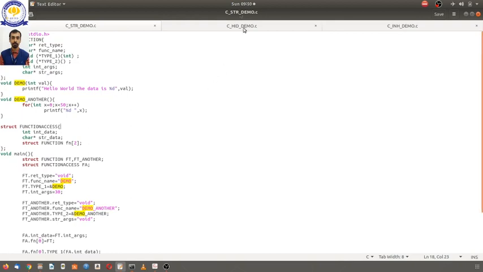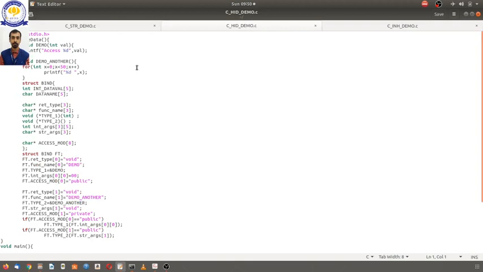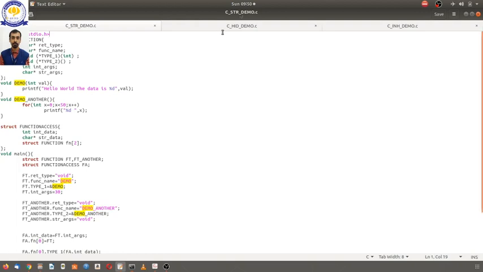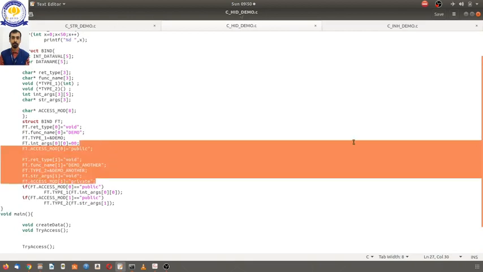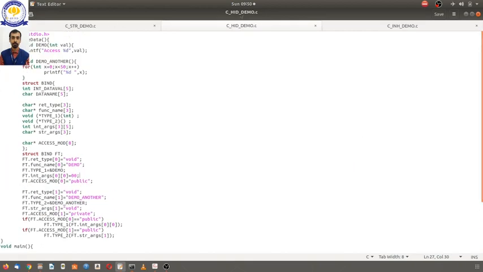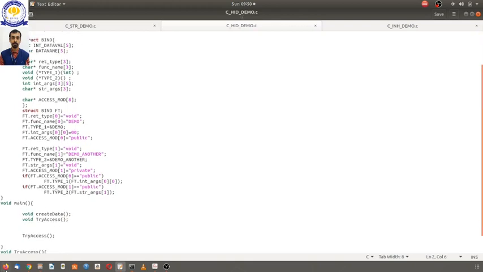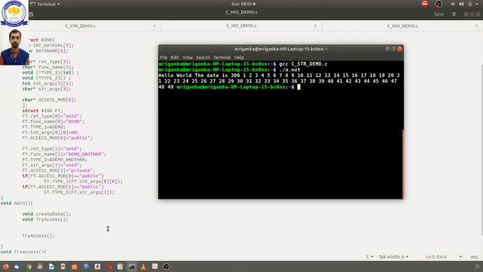Let us go to another program where we want to hide this data. Suppose I want to hide these particular values. So I have here a C program where the entire declaration of the values has been put into the create data. Let us get a print of this program. The output we get is access 0, and nothing else. In the first program we got some outputs. Here we get access 0.